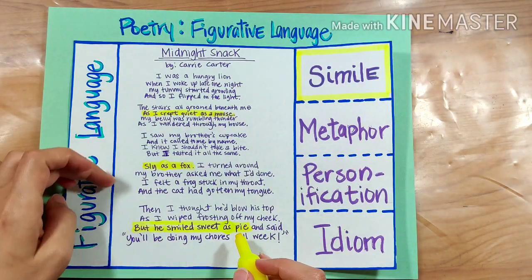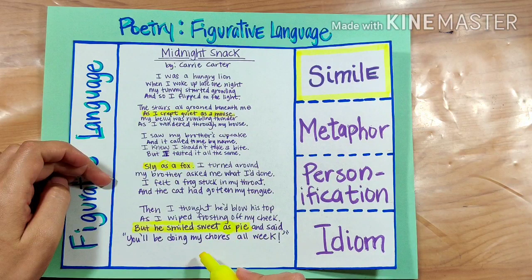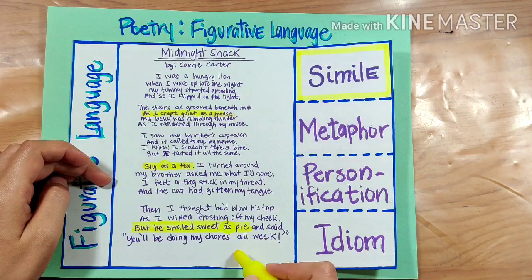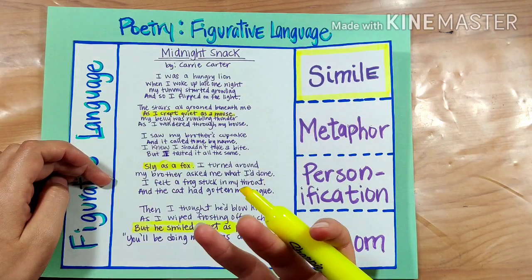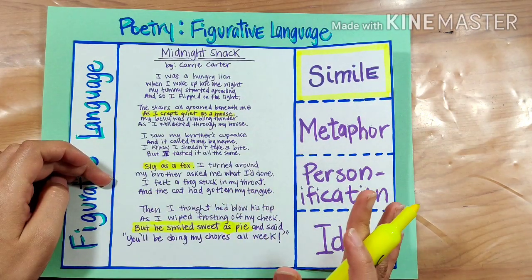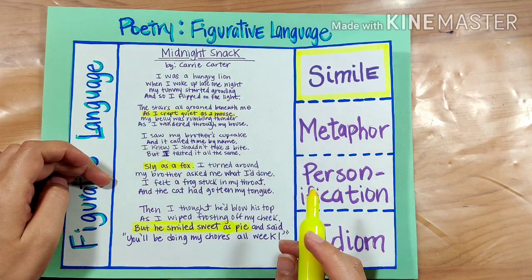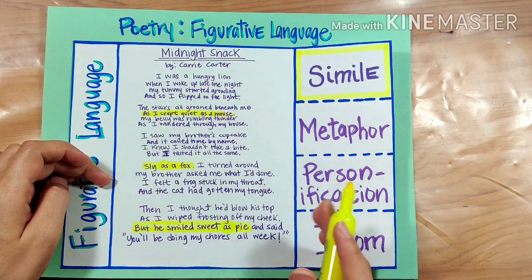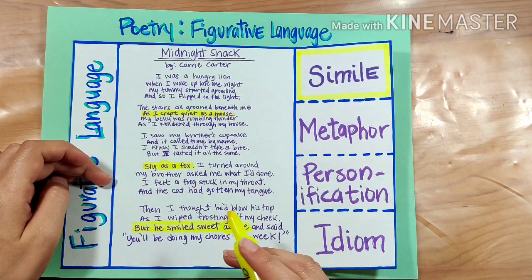Now, in this case, I am comparing his smile and the sweetness of his smile to the sweetness of a piece of pie. Now, the sweetness of a piece of pie, I can taste. But the sweetness of his smile, I can't. The only thing I can say is something along the lines of, "Aw, that is so sweet." So sweet